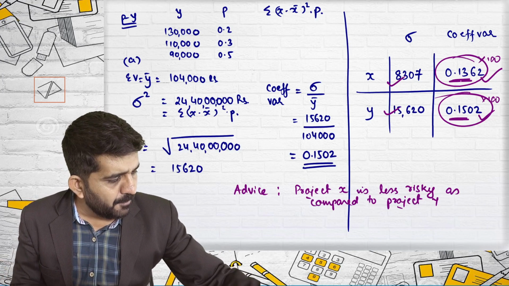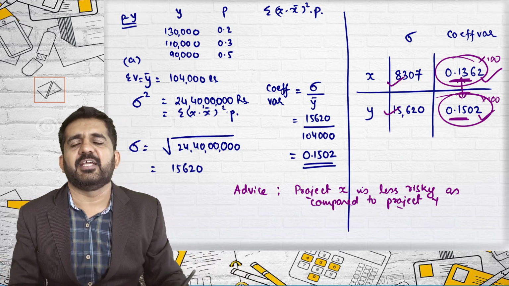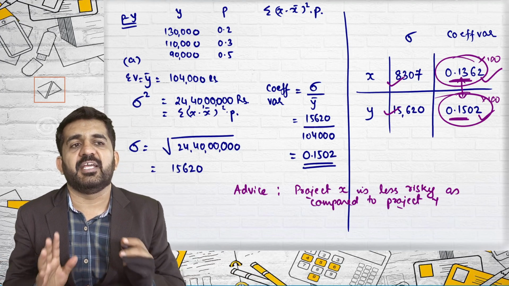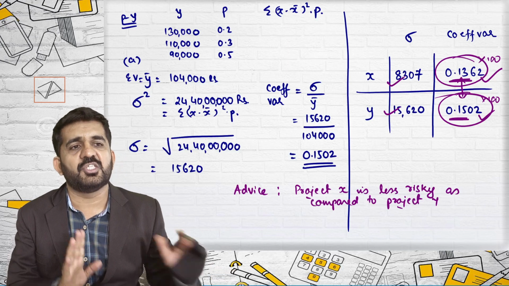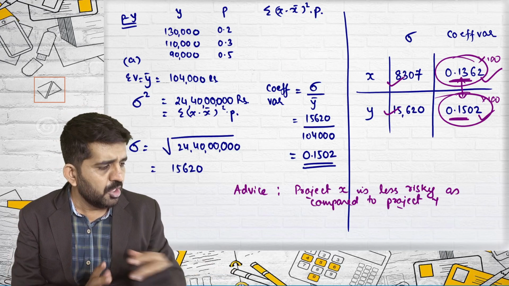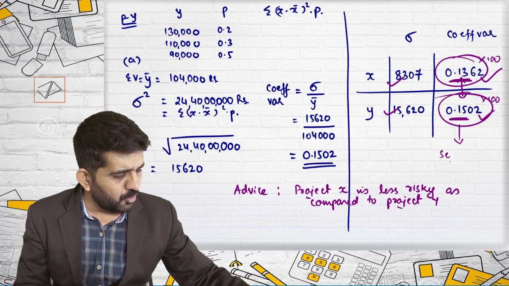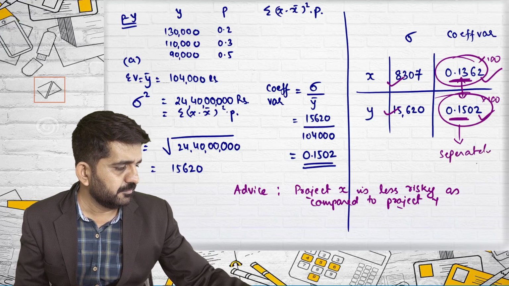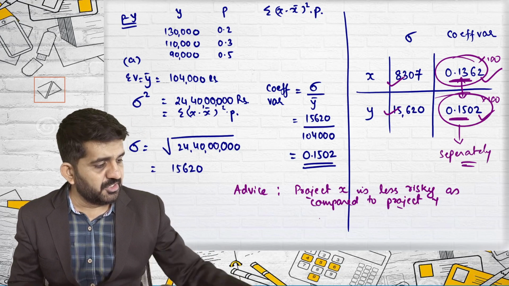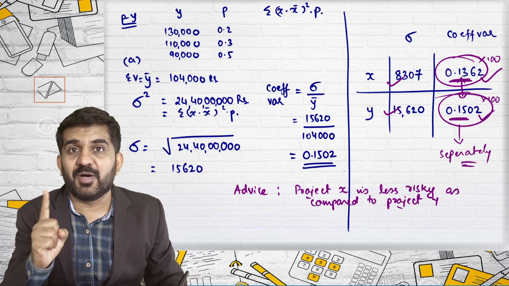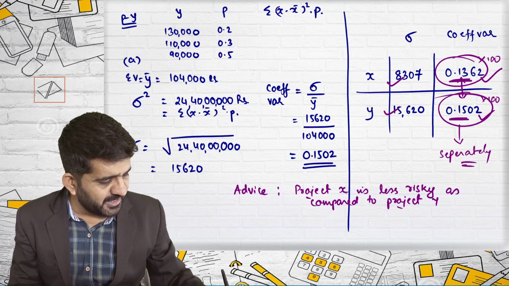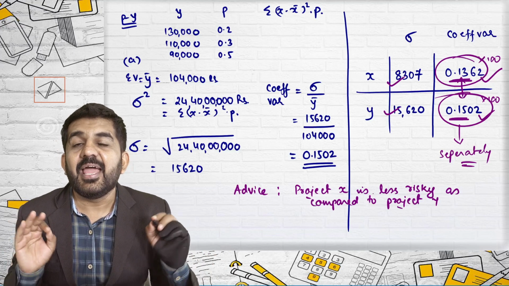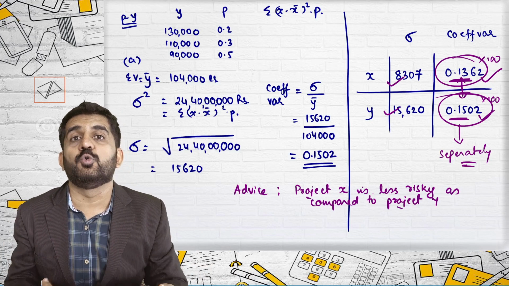Is it all right? So compare these two figures and you will be getting an answer which project is more risky. We are incorporating risk into capital budgeting. We have not incorporated actually, we have found out separately. This is measurement of risk, and see my advice also, it is absolutely logical. Project X is less risky as compared to project Y. That's it. And the advice, don't advise to take up project